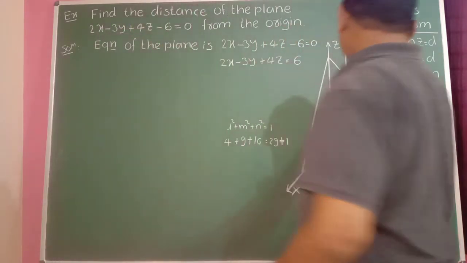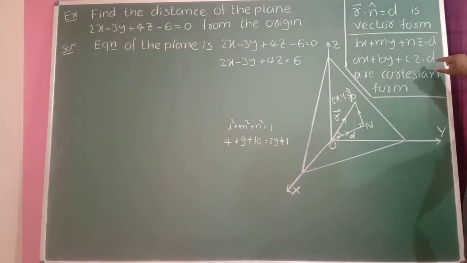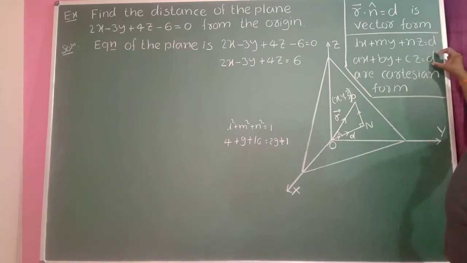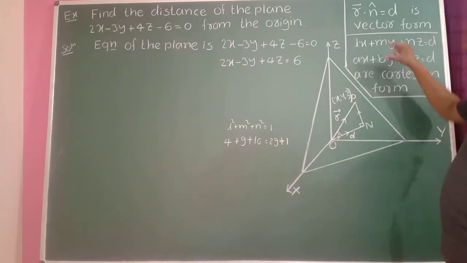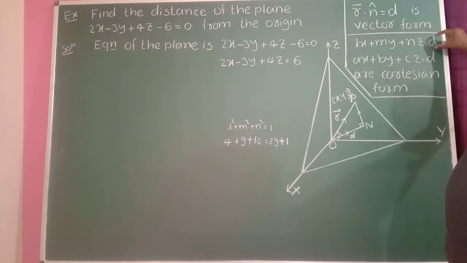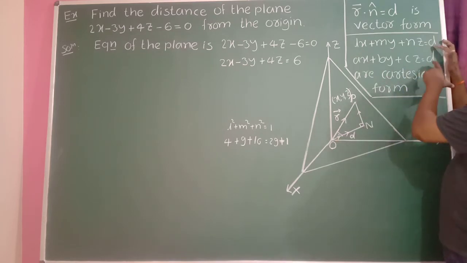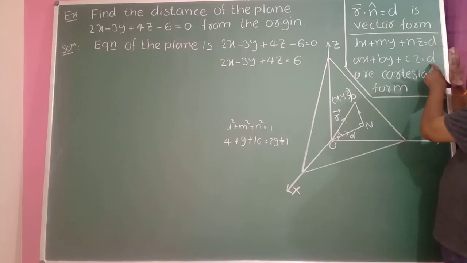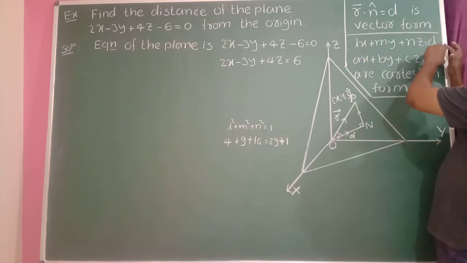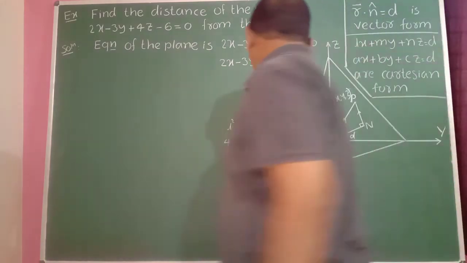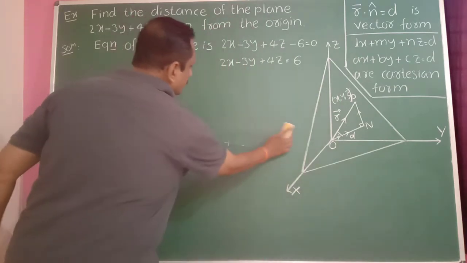One more thing, here this is a plane, and this is also a plane. But in the second case, d is there. Here this d is not representing the distance. If you want to find this distance, first write the equation in this form, then only this d becomes the distance of the plane from the origin. Here d only represents a constant in this case. In this case, d represents the distance of the plane from the origin. Therefore, first write the equation in this form, which means find the direction cosines.